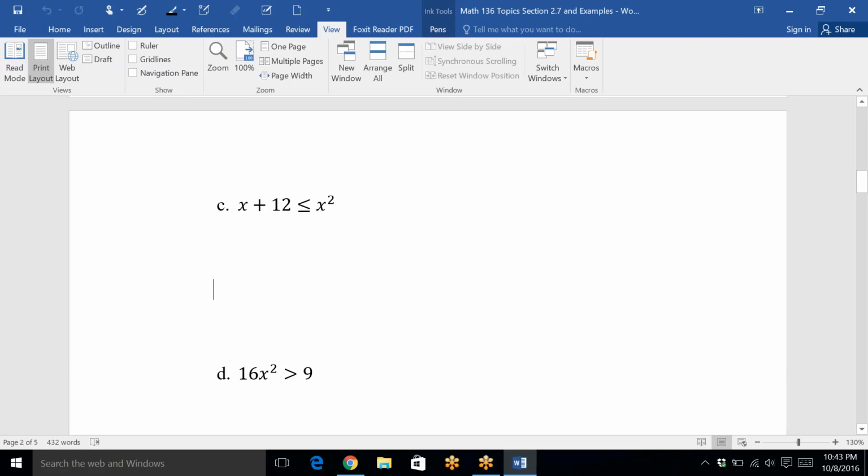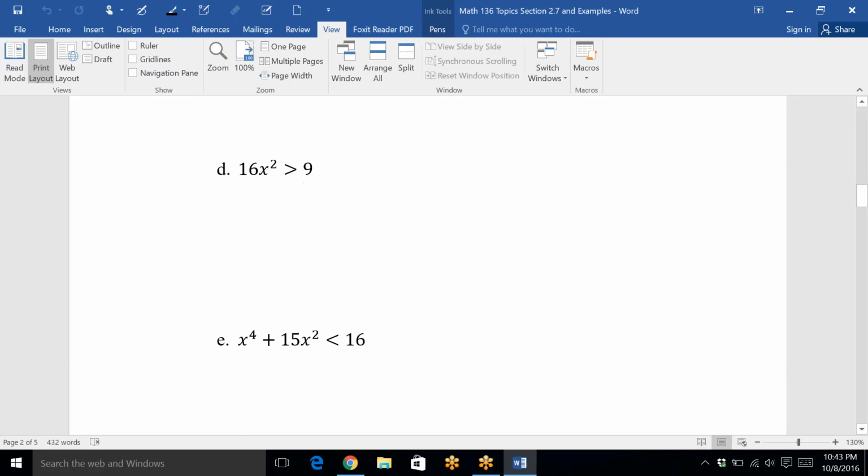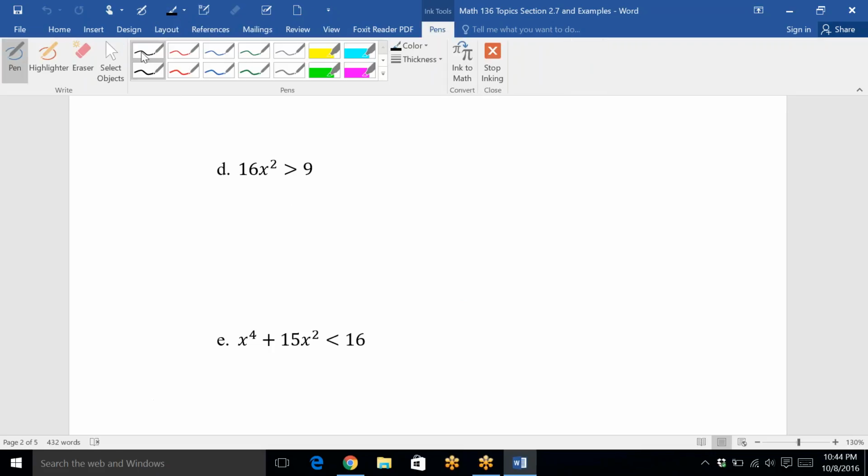So we're looking at example 1D, the one we did not do together in class. Supposed to try to find all solutions. So the first step is always to get this so that everything's on one side and zero's on the other. So we will subtract over the 9. And then this is two perfect squares, so we'll factor that into 4x plus 3 and 4x minus 3, still